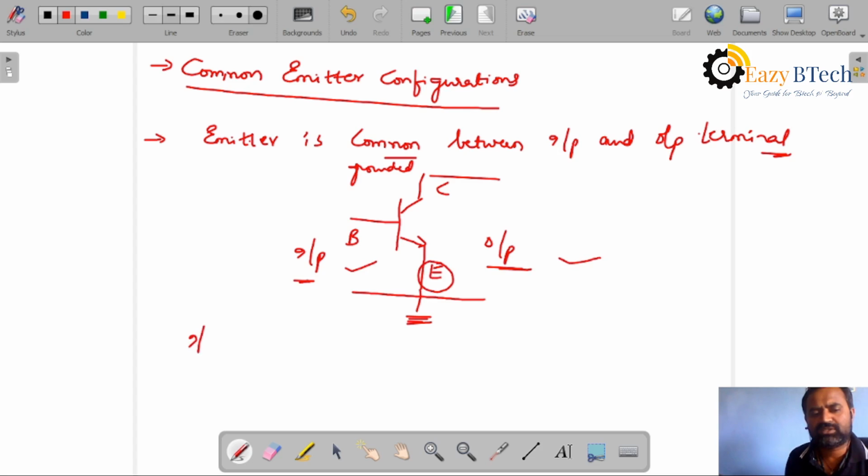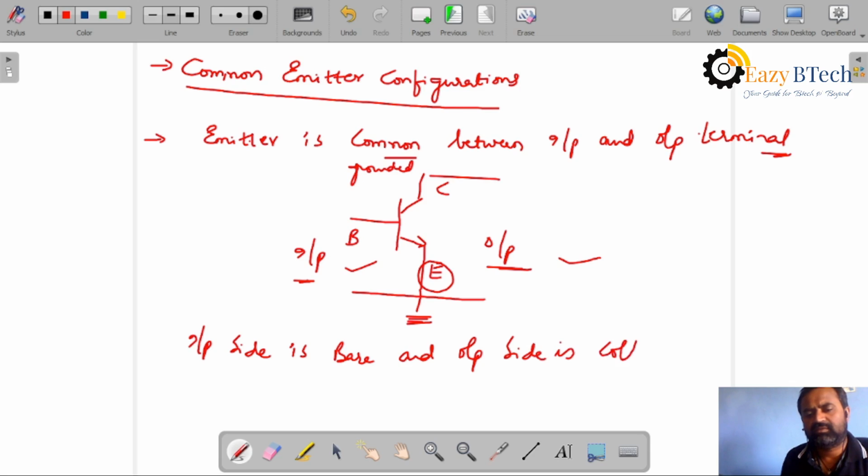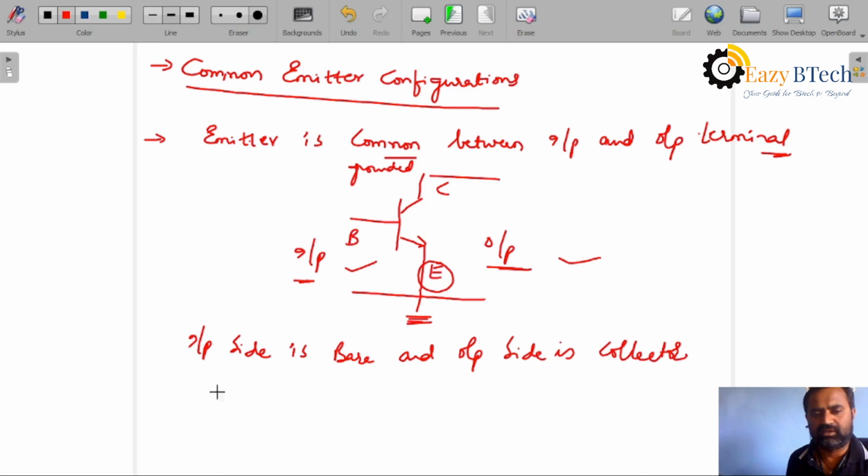Now the input side is base and the output side is collector. Emitter is grounded. Now if you draw this structure,